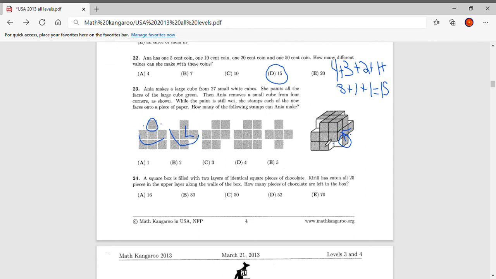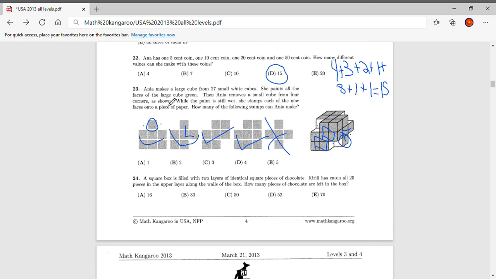C. C is this face and this face, but it's clear to look at this because it's right away the exact same thing. So C can be made. Now this one, the fourth one. It's right over here where there's only one missing and it's not the middle one. So, yep, E. There's not going to be a single side that has all four missing because that would mean